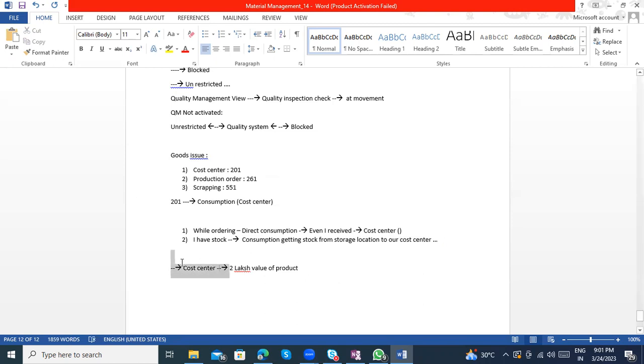Whoever is responsible from this cost center, the HR department or someone, they have to tell what they did. But it is not my job, because until the store location, whatever stock is there, it's my job. After it moves to the cost center, it's not my job to track that. Okay, clear? So basically, can we say that if I'm doing a 201 movement,